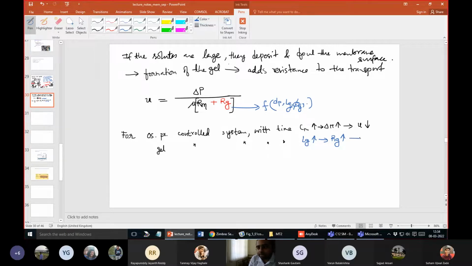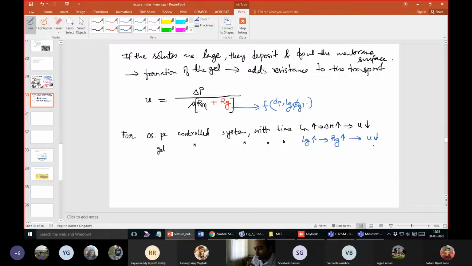And ultimately, it means the flux or the transport rate or the filtration rate would drop. So these are the two extreme cases that I have told you: one where osmotic pressure is important, and one where gel formation is important. In both these cases, you will see that with time,